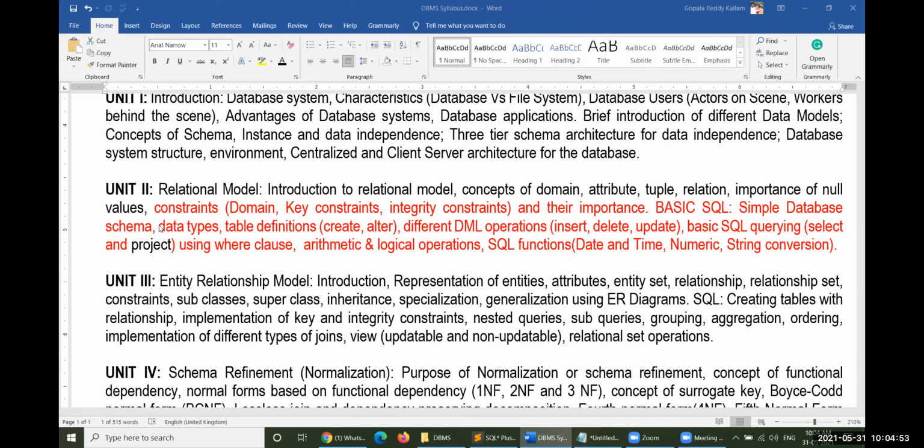But why have I made this one black in color? Let me explain this one after coming to the entity relationship model here. Okay, here already we did this one. However, using the where clause, arithmetic and logical operators, and SQL functions, everything has been done. And today we'd like to finish up SQL subqueries. Actually, grouping, aggregation, and all those things are there in unit number 3.